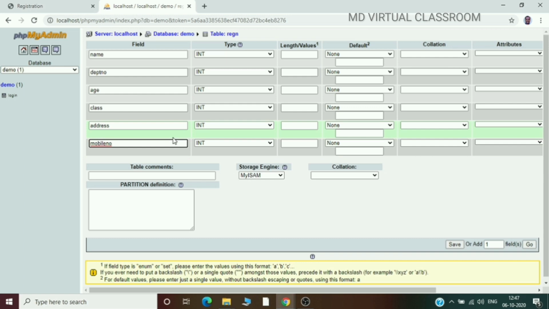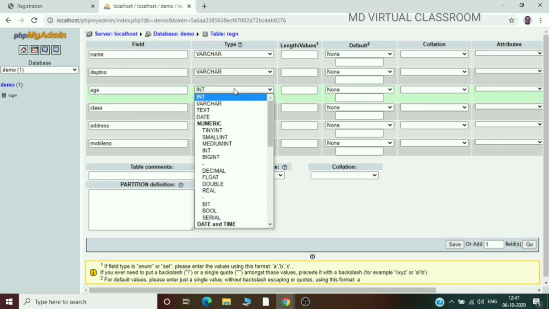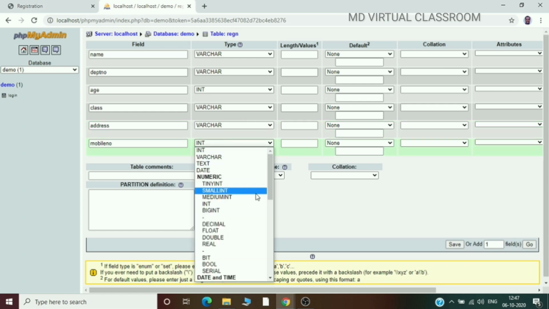For mobile number and name, you have to give varchar type, department number also varchar, age integer, and class varchar, address varchar, mobile number you can give big integer.